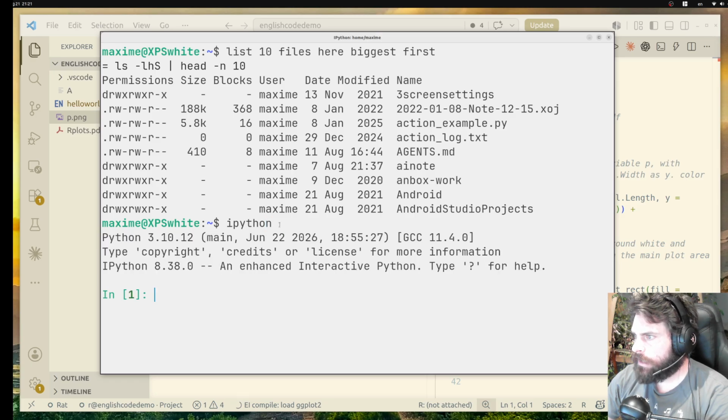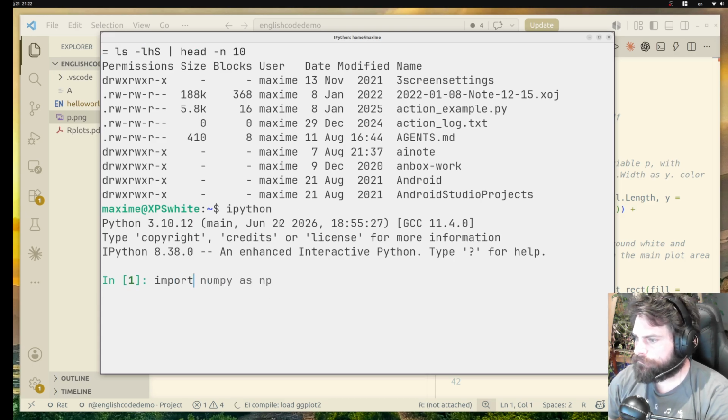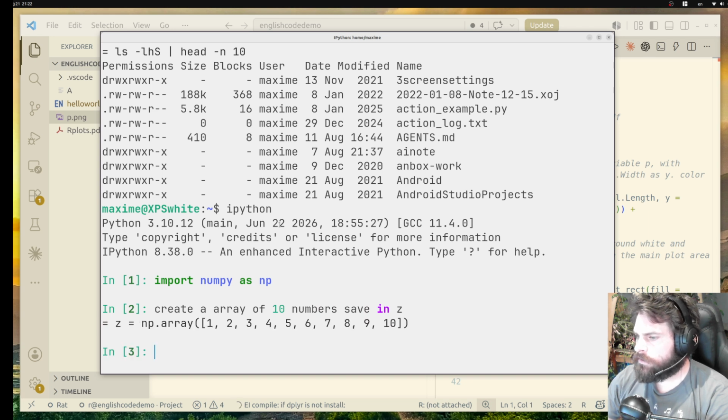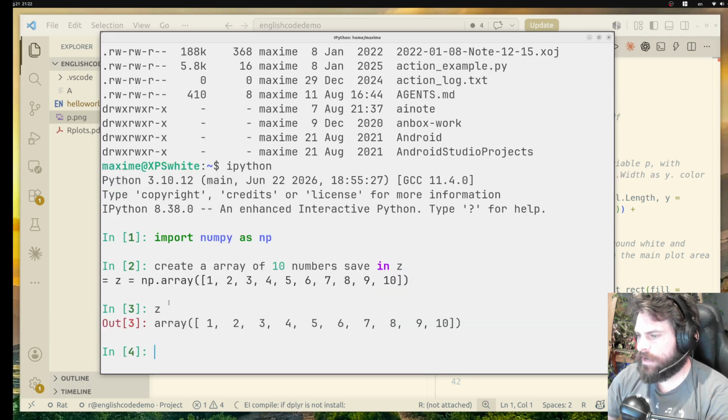And so if I do IPython and I do something like, import, well, this is normal Python, import numpy, and then I can do create an array of 10 numbers, save in Z, and then boom, see, this is wonderful. This is absolutely wonderful. And this is in my terminal. It's so cool. Anyway,